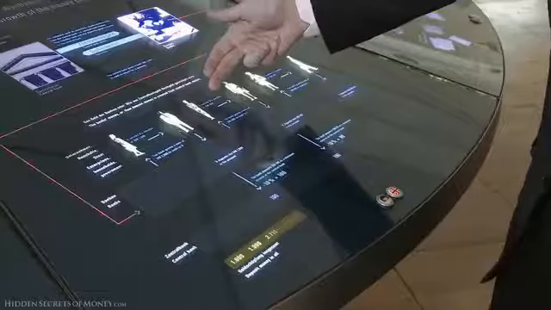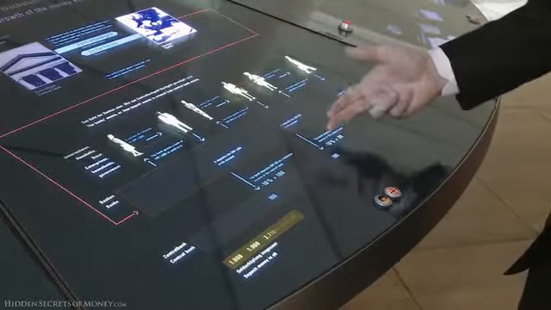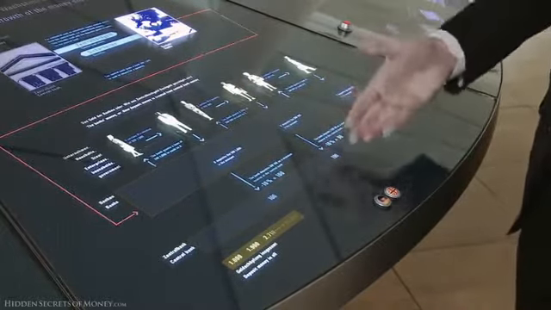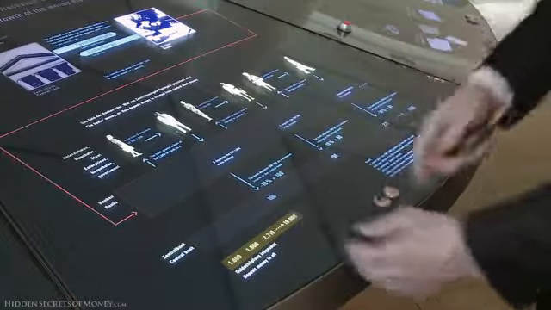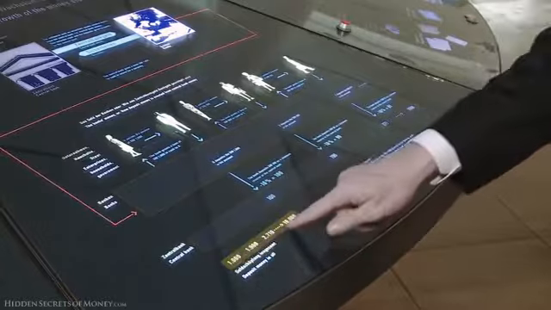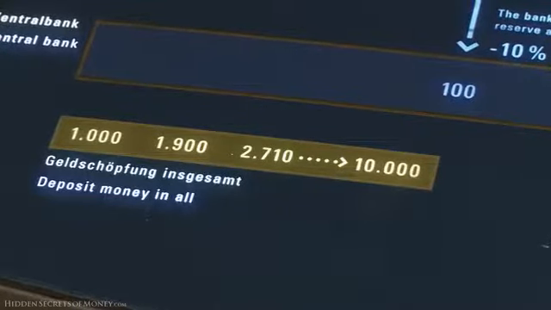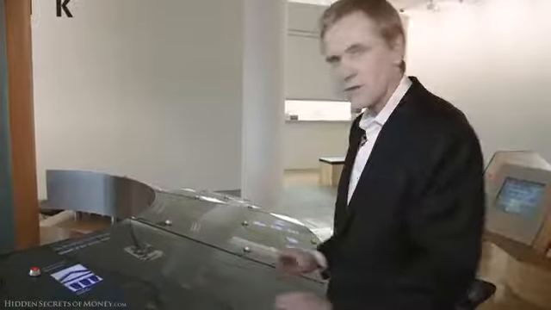And then they loan out 900, which then she buys something from this guy, he deposits the 900. They borrow 90% of that and leave just 10% on deposit for him. And the result is that it expands. Every 1,000 ends up creating 10,000, or every $1 creates $10. And they've got the result here. It's all sort of a voodoo hocus-pocus scheme.